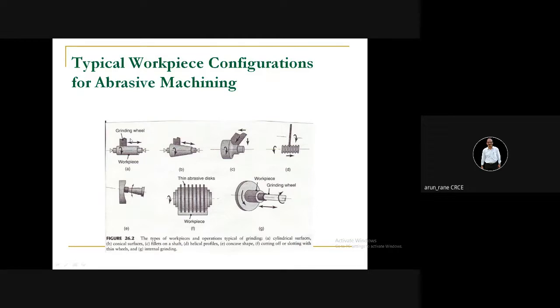At the same time, the grinding wheel reciprocates. Now, depending upon the type of machine, either the grinding wheel can be reciprocated or the workpiece can be reciprocated. If you are using bigger grinding wheels, say 2 feet, then it is obviously better to keep the grinding wheel stationary. Whereas if workpieces are heavy, then the workpieces are kept stationary. That is, they are not moved longitudinally; they are only rotated.